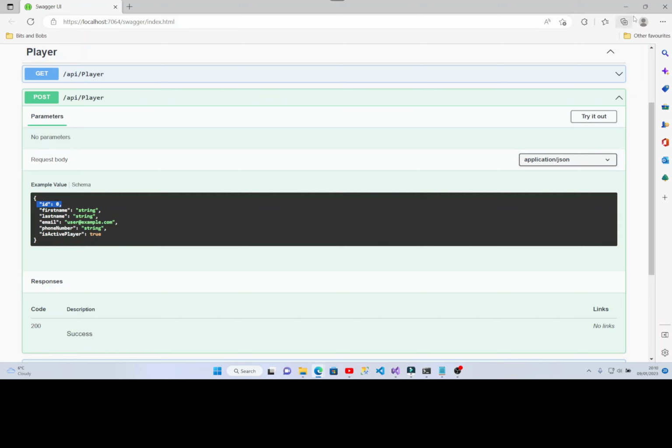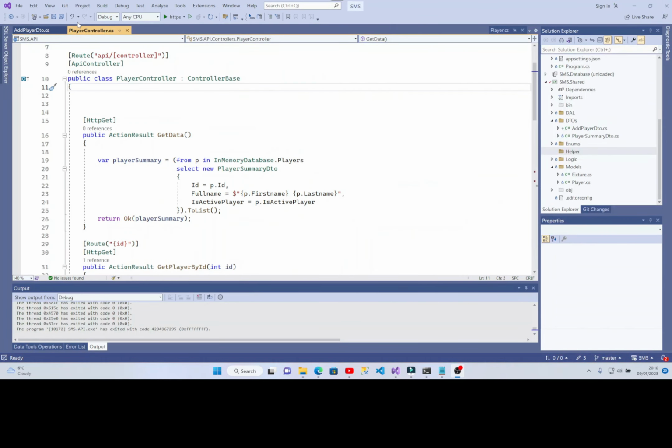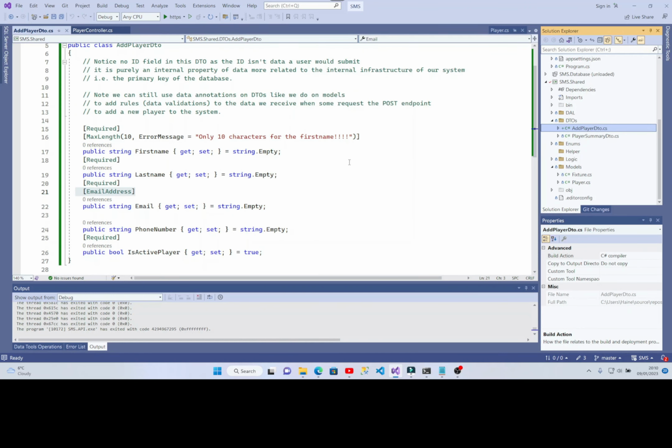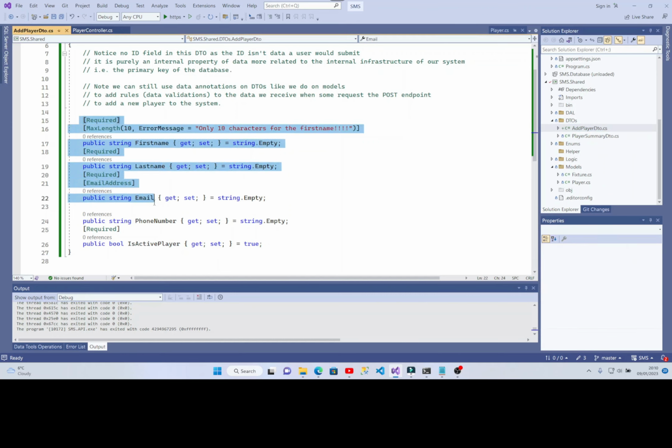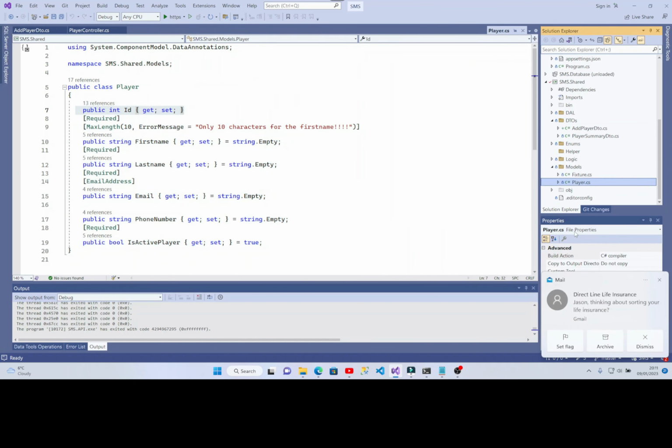So let's just drop out of here and go into the code. In the code, what I have done so far, just to get ahead of the game a little bit, is I've gone to my shared folder and gone to DTOs and created a brand new DTO called add player DTO. And this is what it looks like. It looks like there's more information in here than there is because I've added a great big comment, but basically I've copied all the properties that are in the player models class,